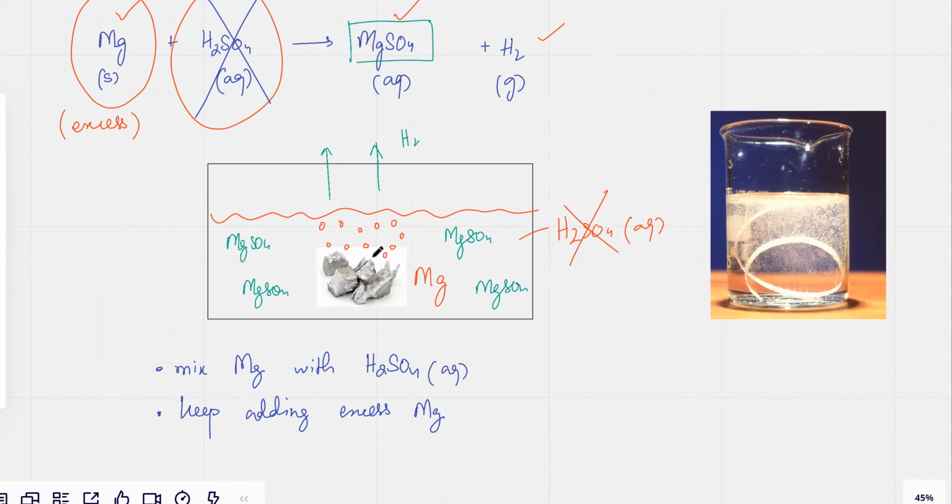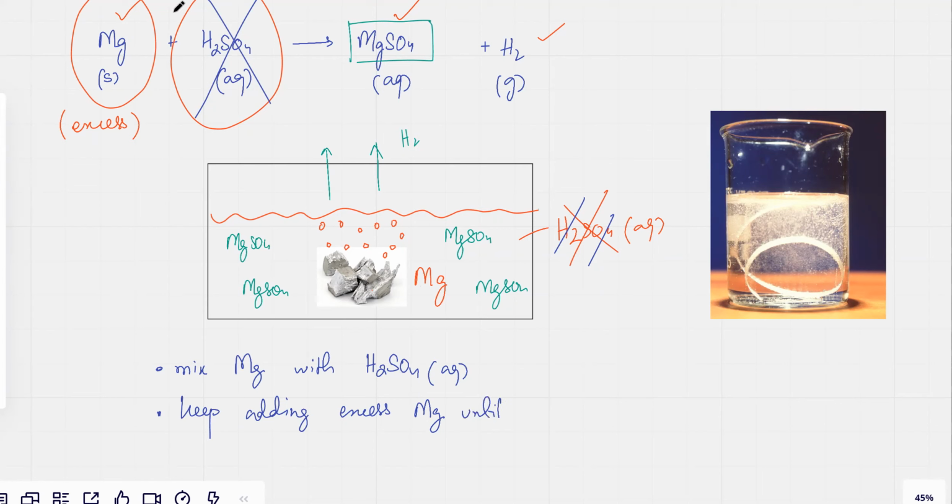How would you know, or what observation would indicate that the H2SO4 is now completely finished? It's completely gone. Sir, bubbles won't come? Okay, because every time you add Mg to H2SO4, bubbles of H2 gas are produced, right? So there would come a point when the bubbles would stop. That would mean you still have Mg, like in this beaker over here, but there are no bubbles forming. That means there is no longer any H2SO4, so Mg has nothing to react with. So keep adding excess Mg